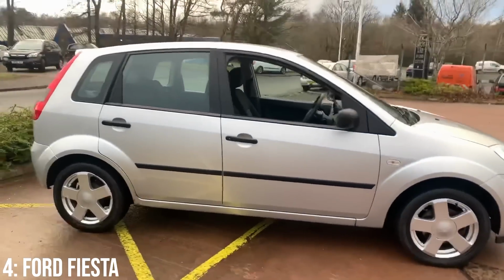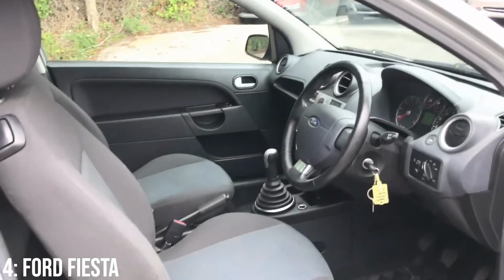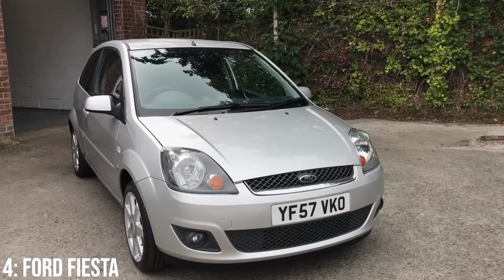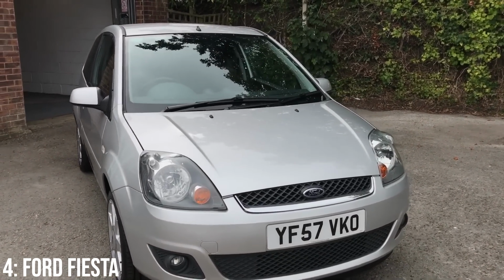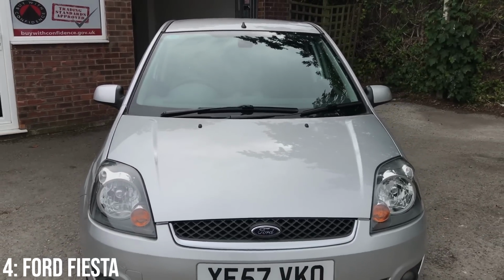When I drove one, it felt like it held its own on the motorway better than my Polo ever does, for example. I think the interiors aren't quite as nice as VW ones, but that's a matter of opinion. Comparatively, the exterior is pretty nice, especially in the right spec. If you go for a Zetec S, for example, you get some nice extra flary bits on the body kit,